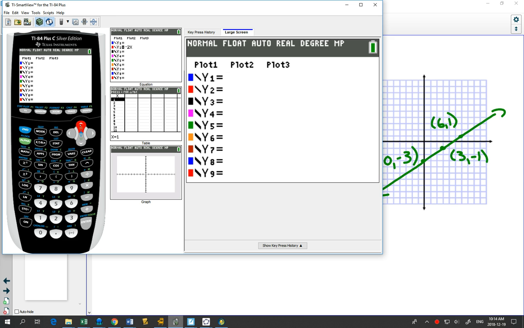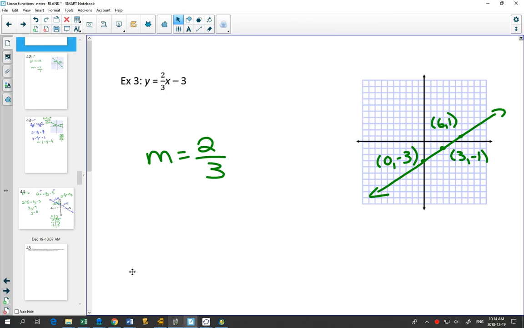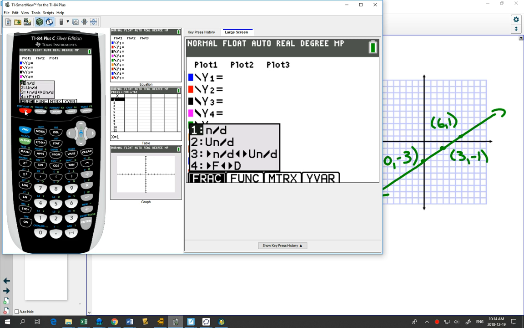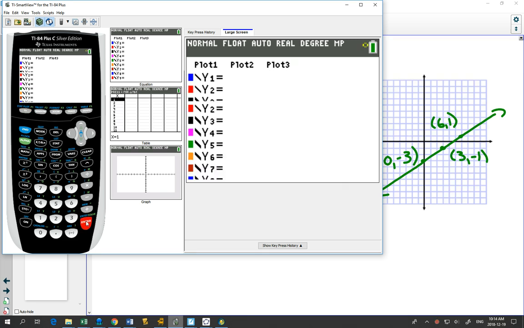If we want to graph this equation in example 3, 2/3 x minus 3, we can start by writing 2/3. There's two different ways you can write 2/3. You can write it just by going 2 divided by 3. But if you like to be fancy and you have a newer calculator, you can go alpha y equals, this menu comes up, and if you push enter on 1, it actually makes a fraction like that. Really handy. So I'm going to go 2 divided by 3